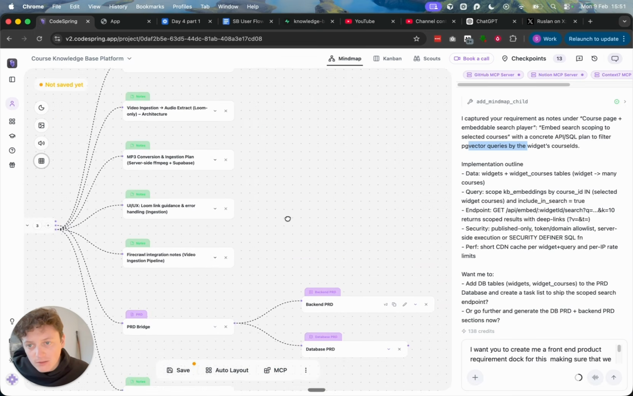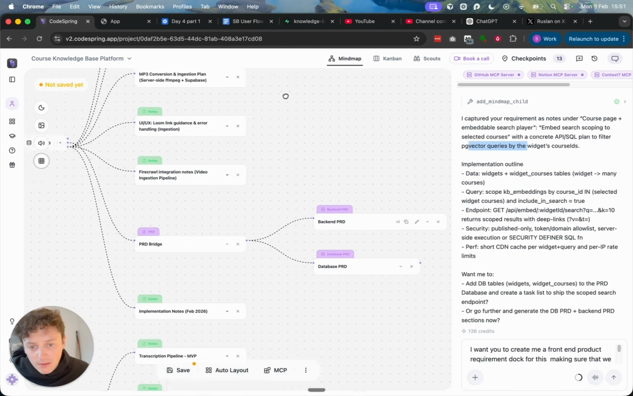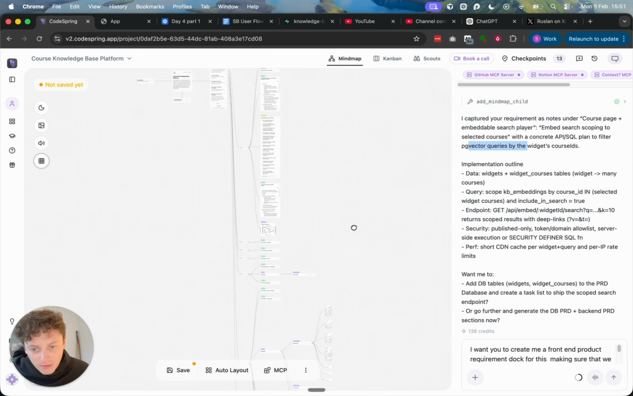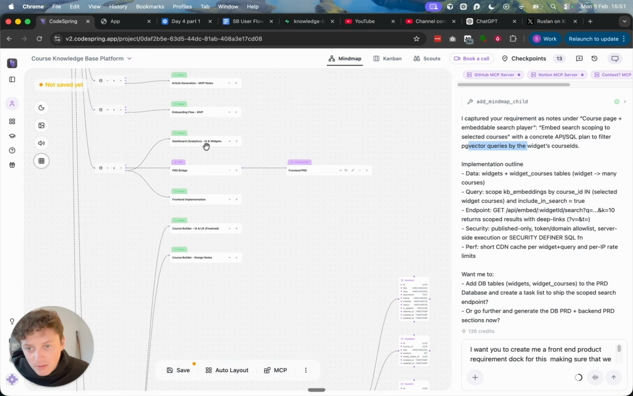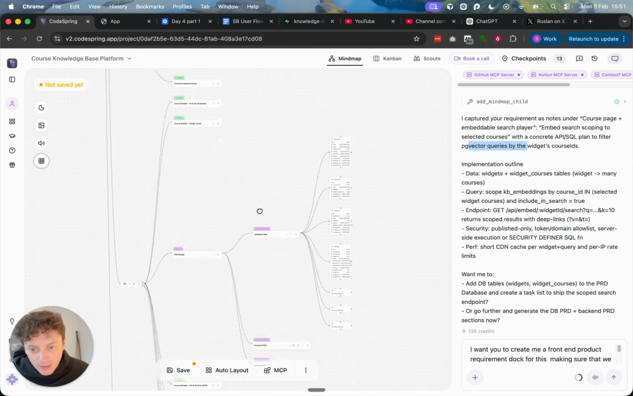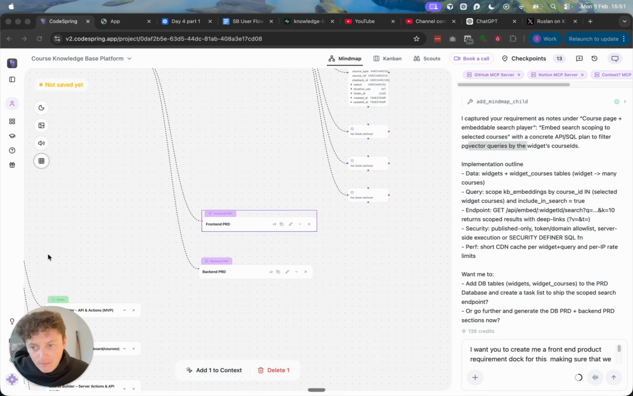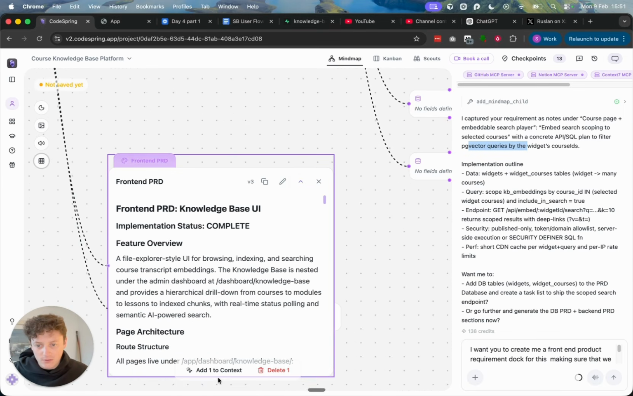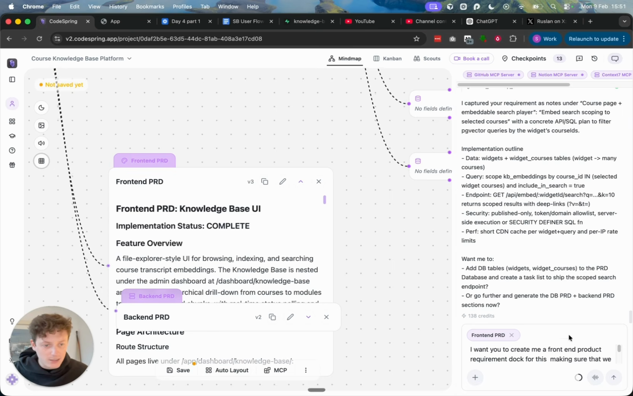Firecrawl UI UX. No, it's not that one. We're making this easier to find, don't worry. Dashboard Analytics Course Builder, so we can add that here. So we already have a front-end product requirement doc on how that works. So I can add that to context, and I can say here,